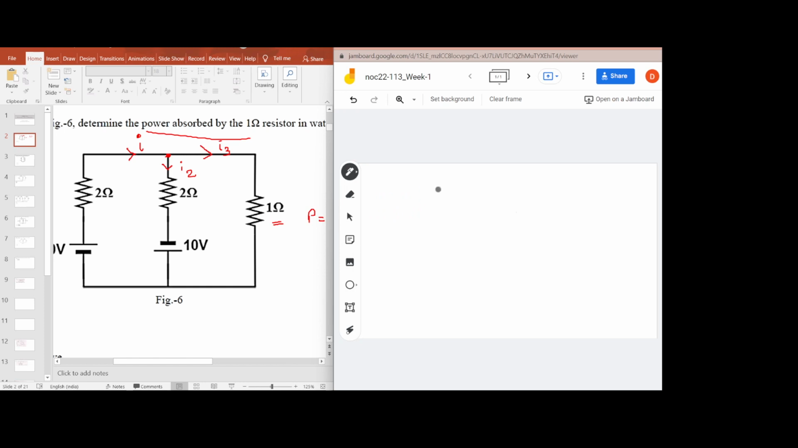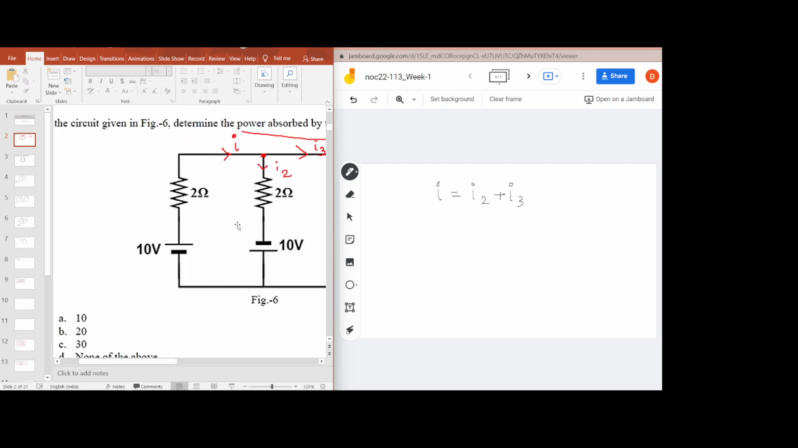By using KCL, we know I is equal to I2 plus I3, right? Let's just write, since this is I. So now we will apply KVL across this particular loop, right? If we apply KVL across this loop, it will be 10 minus, since we are moving in the same direction as that of the flow of the current I, 2 into I, then